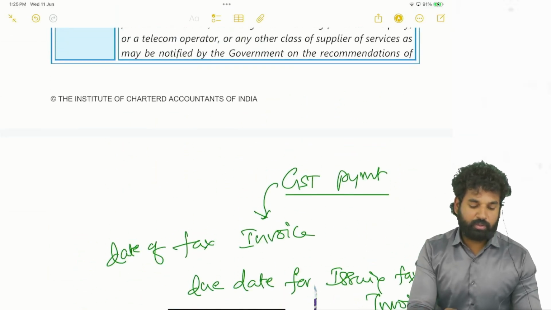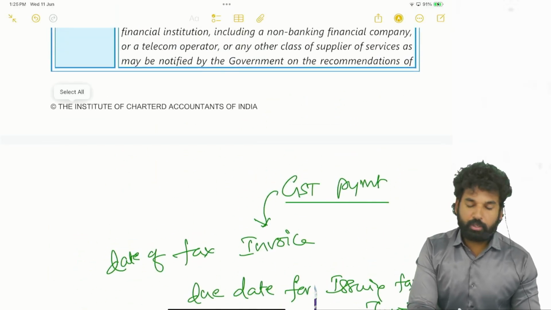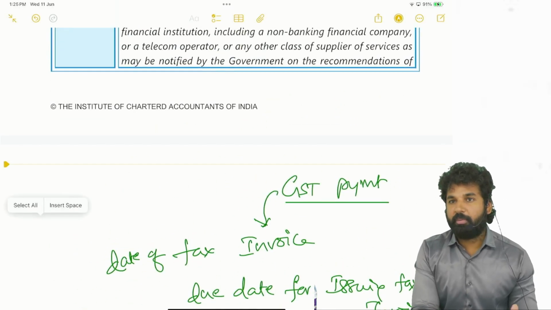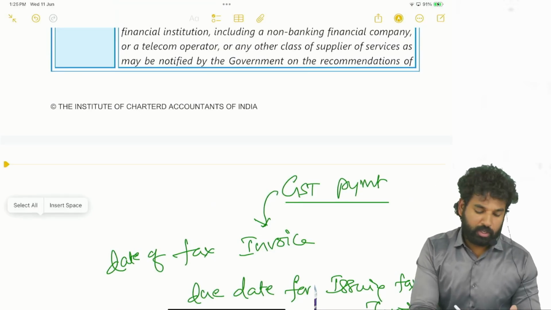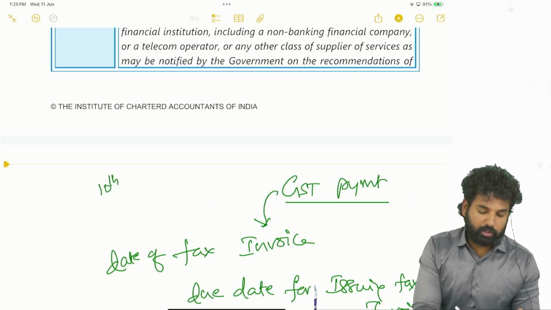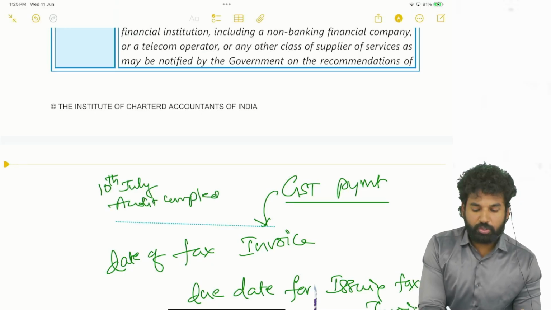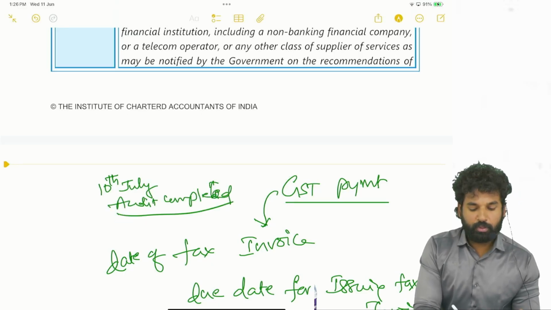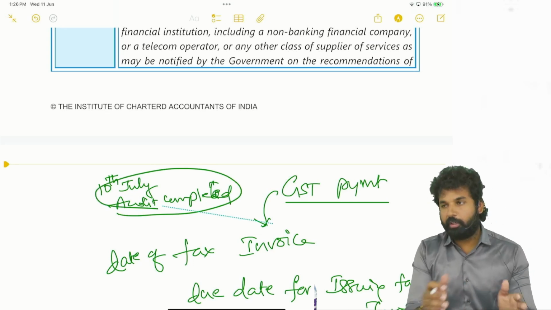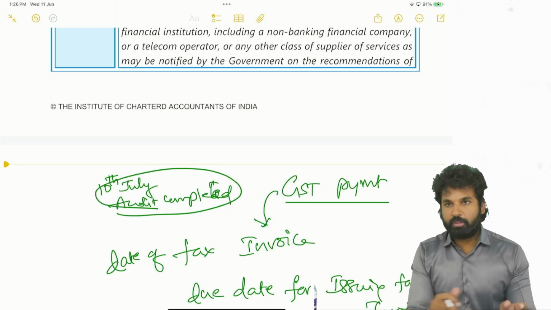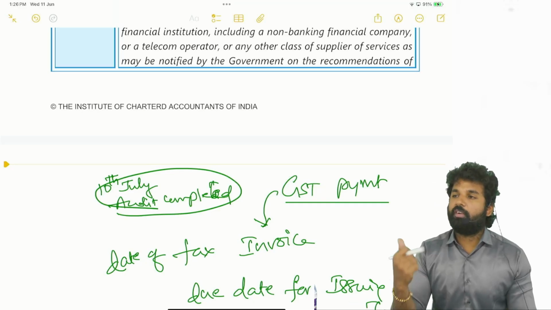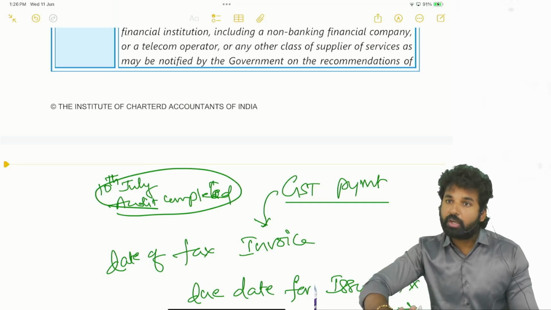So if you are going for an audit, and by 10th of July the audit is completed, when do you have to issue the invoice? Before the commencement of audit, or during the audit, or after the completion of audit. Whenever you want, you can issue the invoice, but not later than